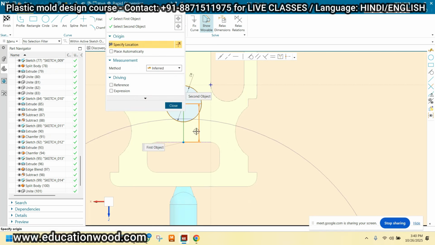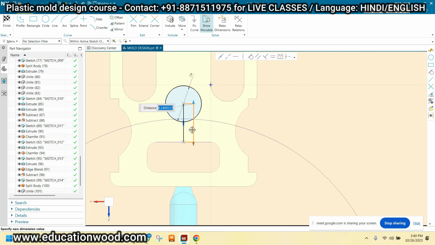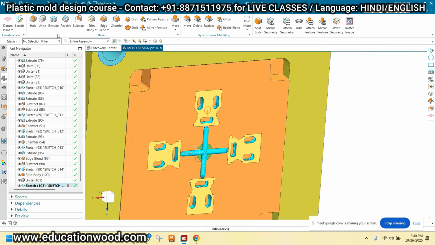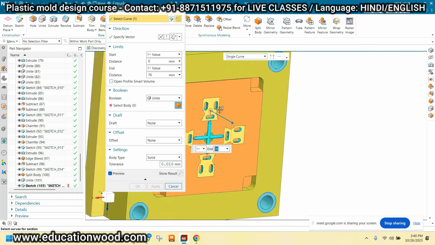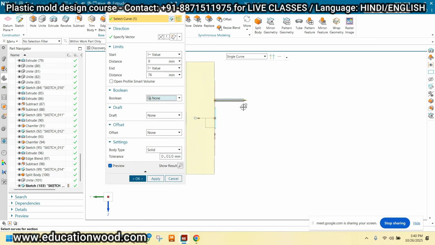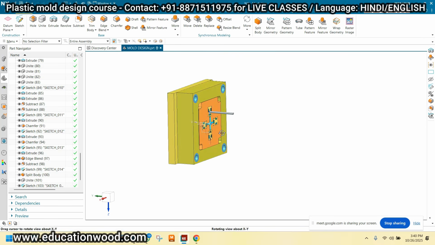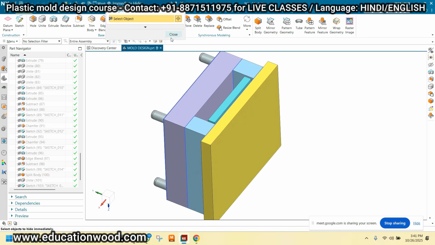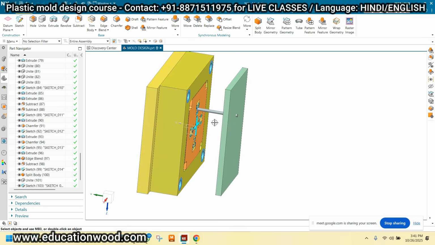Just take the dimension, and from this I'm taking 8 and finish it. I'm using only a single pin for the single component, and take the ejector plate. This is the ejector plate, and just click OK.